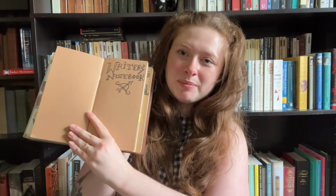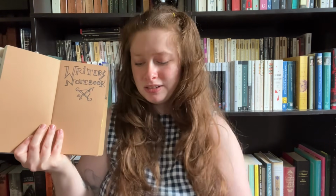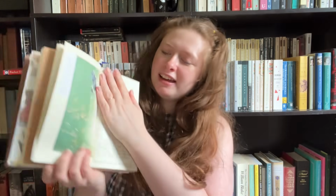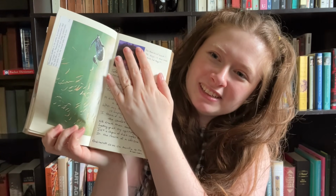And then next up, I have my bigger writer's notebook, which is the same exact thing as the writer's notebook that I have in my smaller traveler's notebook. It's just, this is my main writer's notebook. So all of my ideas, snatches of poems, changes I want to make to my stories, new story ideas. Here I found a really beautiful